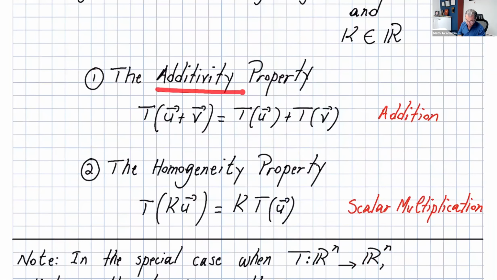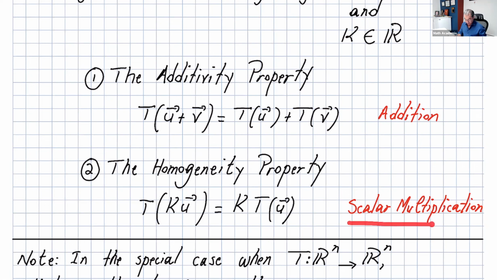The additivity property: T of u plus v should be equal to T of u plus T of v. This is just like vector addition when we talked about vector spaces. And the homogeneity property: T of k u should be equal to k times T of u, and that's the